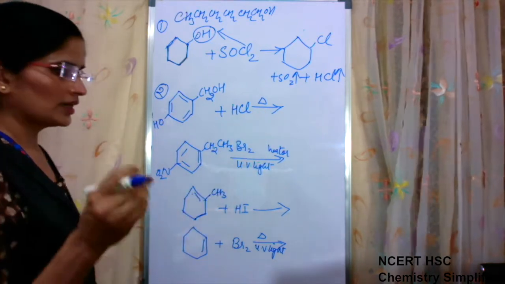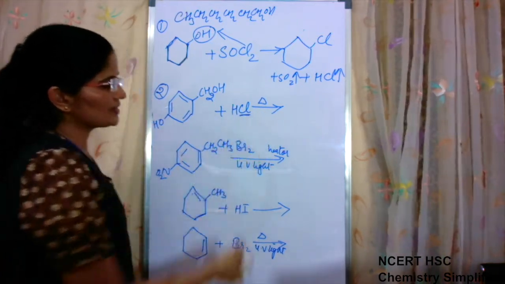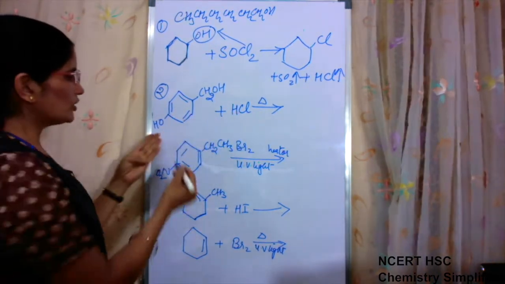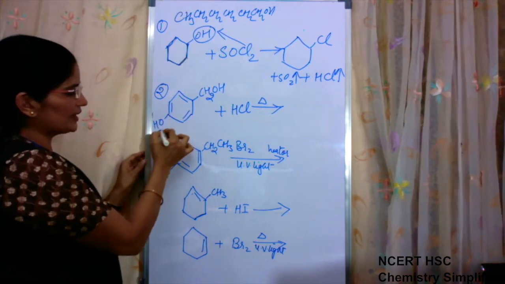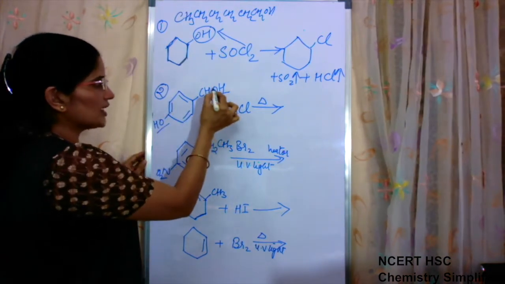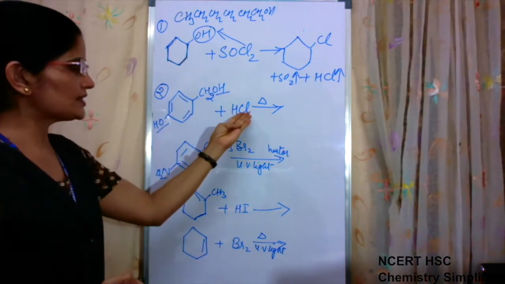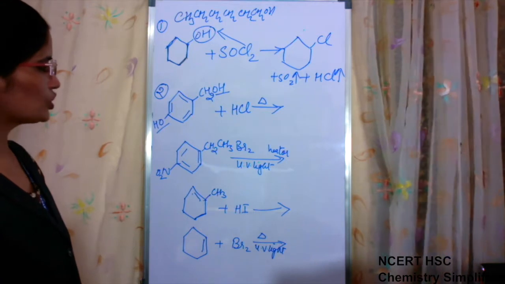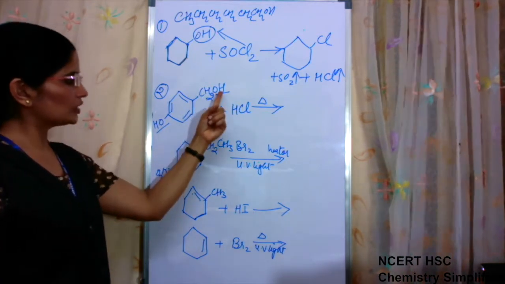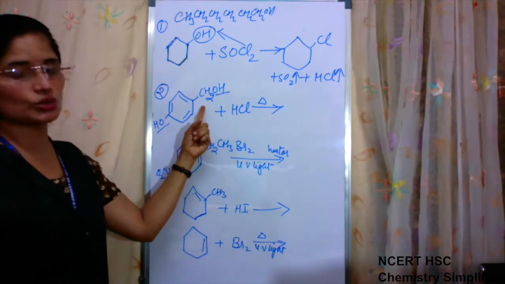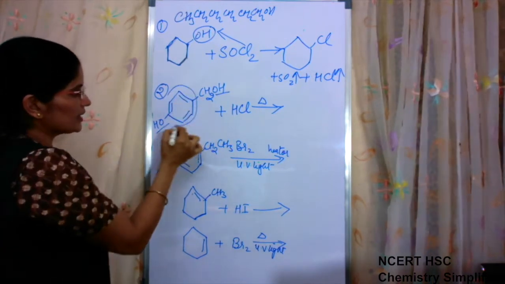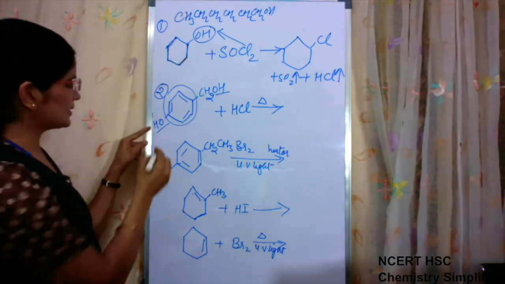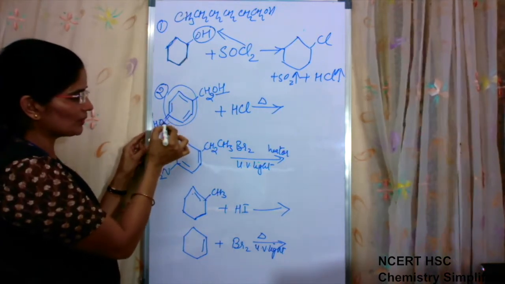Peroxide is not written. Even if peroxide is written and it is HCl here, peroxide will not show its effect. So now there are two possibilities. One OH is directly attached to the benzene ring, one OH is attached through a CH2 group. So HCl will act on what? HCl will act on the OH group which is attached to CH2, because benzene ring does not give nucleophilic substitution reactions. I told you yesterday that this OH acquires partial double bond character.